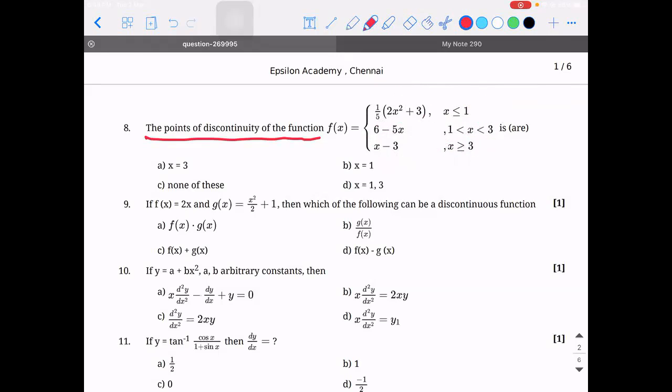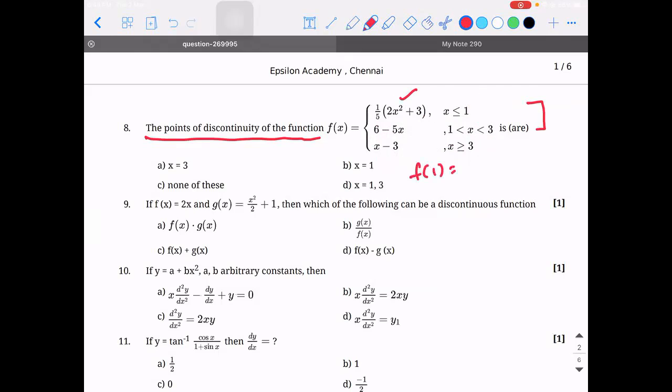So look at the points where the function changes. Yes, the point where the function is broken, you need to check the limits. For this problem, do I need to check the left limit for this? If you ask me, no. Because less than 1, I know it is going to be continuous. But at x is equal to 1, what is the function value?